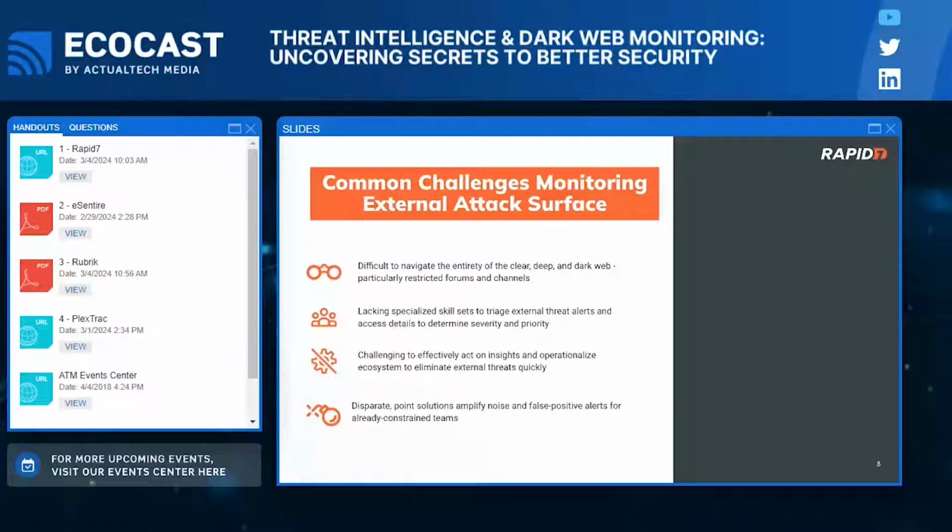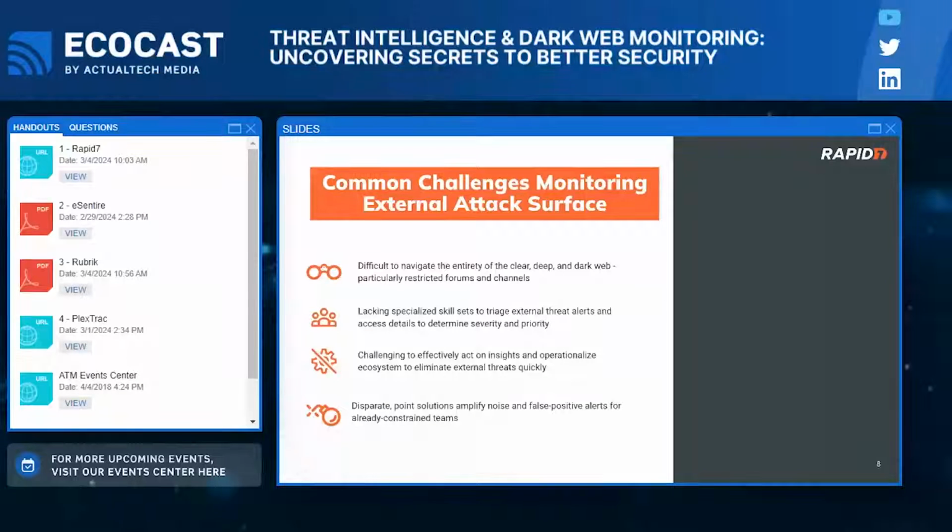You don't want to waste time with legal and trying to figure out on these websites where to go to make a request to take something down. So that can be really hard. And again, you want it to all feel seamless and part of your wider security ecosystem. You don't want more noise. And so these are some of the challenges and why maybe DRP isn't the most widely adopted technology today. It's not that the value isn't there. Clearly it is. Clearly, being proactive and identifying these threats earlier would benefit everyone, but it's hard to do.